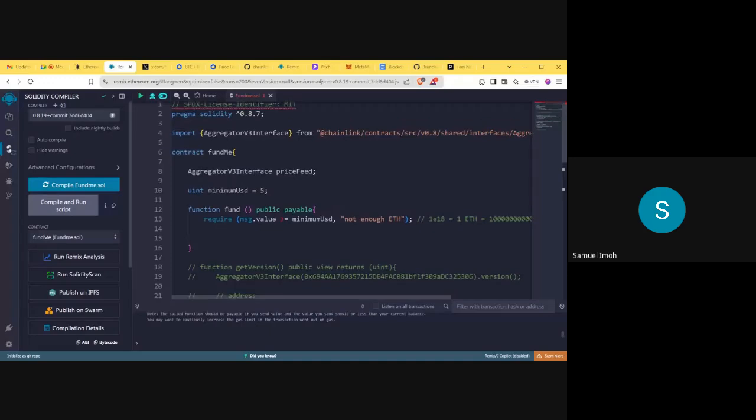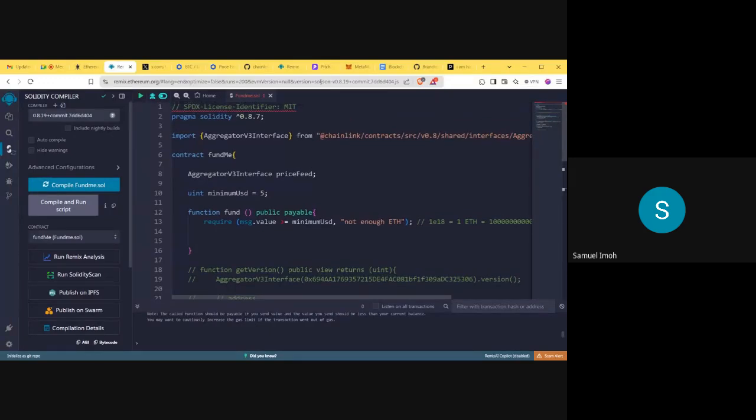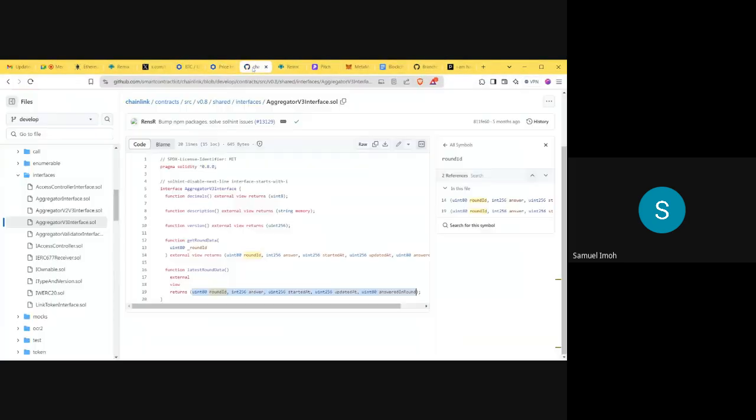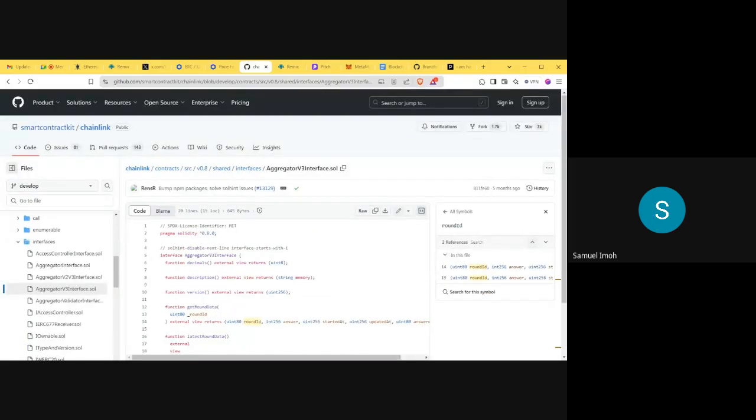So what have we done so far? First of all, we've imported our interface from the Chainlink Git. Sorry, this is our test we did the last time. From our Chainlink Git, this is where we imported our interface and we just copied the directory, although